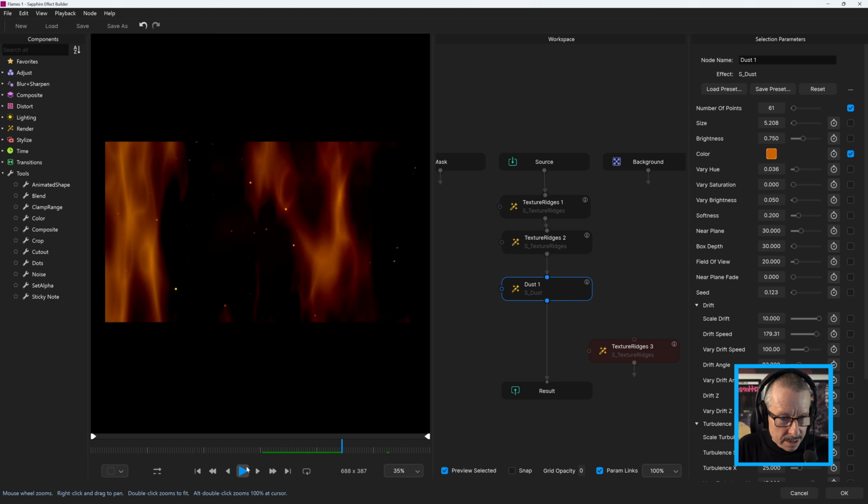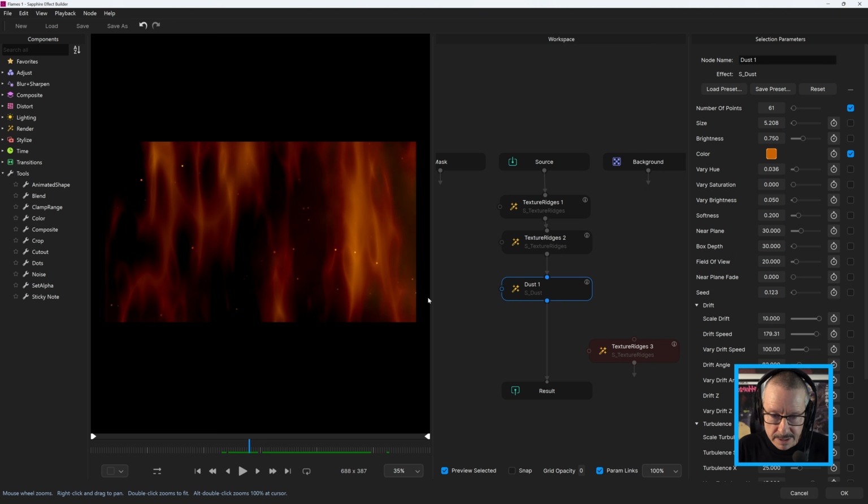Okay, so, not looking too bad. You saw before how we could stretch the TextureRidges to make it look like it was motion blurred. But Dust, we don't have that option. So let's take a look at how you might want to add a bit of blur to this to sort